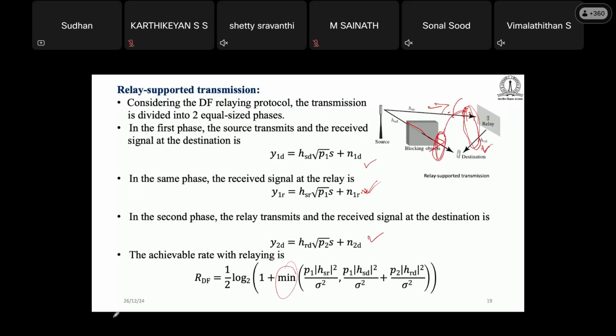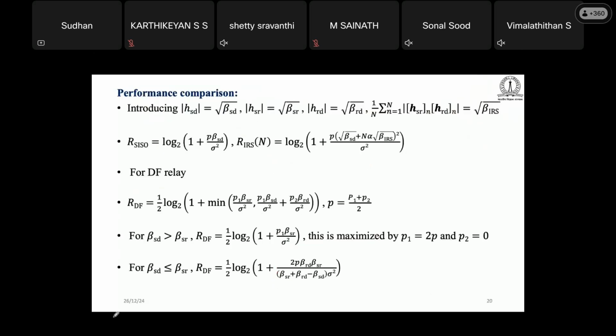So we take the minimum of this, and after simplification, I'm not going into the details of this derivation, but this is the final expression given here. This is the SISO channel capacity, this is the IRS channel capacity, and this is the DF channel capacity. With some mathematical manipulation, we can prove that